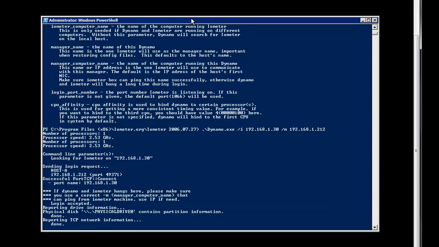You should see it start up a series of communications between the host where you have iometer and the host itself. It's just doing a quick check for physical drive, and it found one on host A, which is the remote host in this case. All right, so this looks good. It's waiting for action from the iometer controlling client.